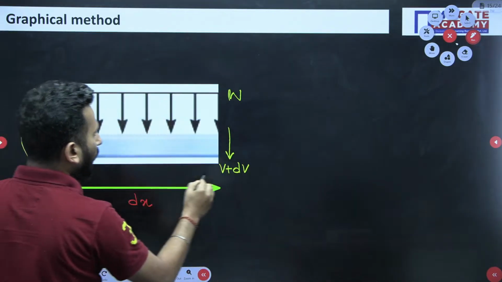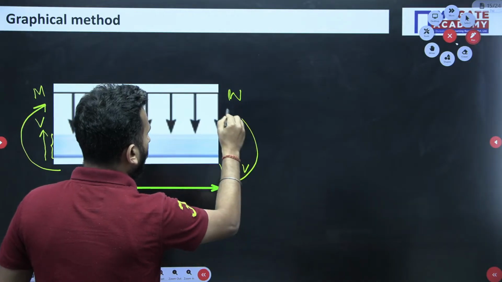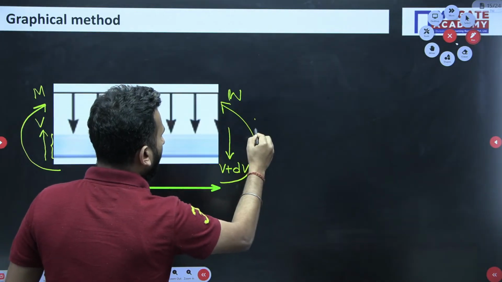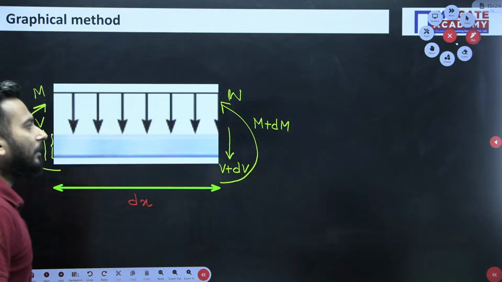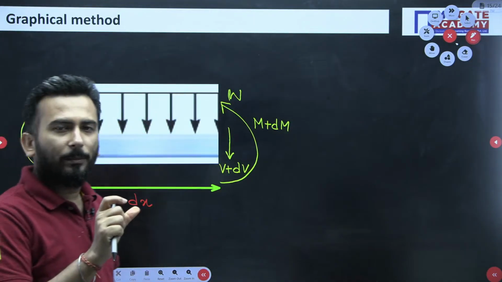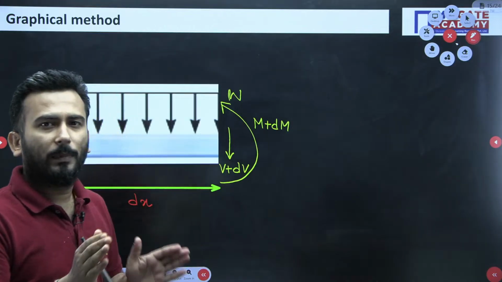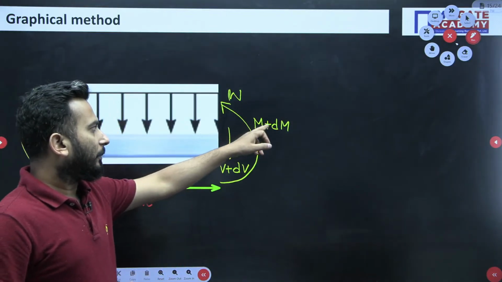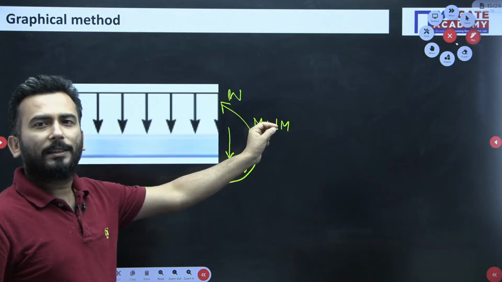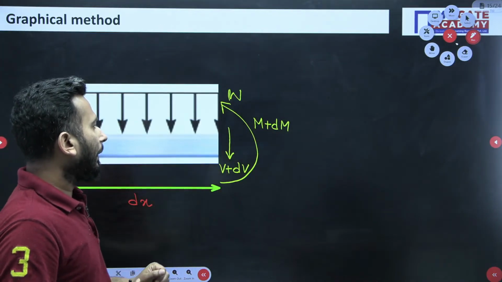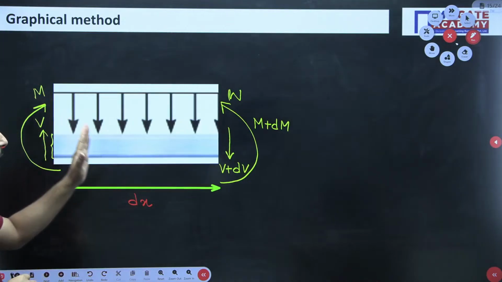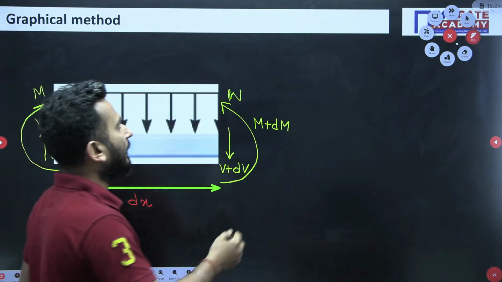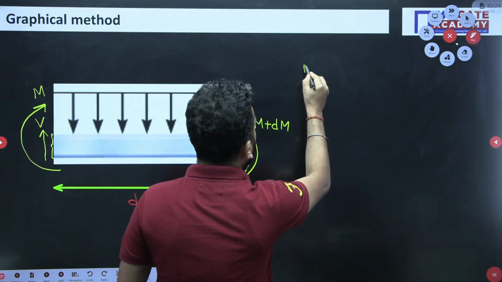If this is the moment M on the opposite side, I am assuming that the moment is M plus dM. That means I am inducing some change in the moment. So I am purposefully making it change by a differential quantity, and overall the system has to be in equilibrium. Now these are the forces that are there, and if the system is in equilibrium, for the element to be in equilibrium,